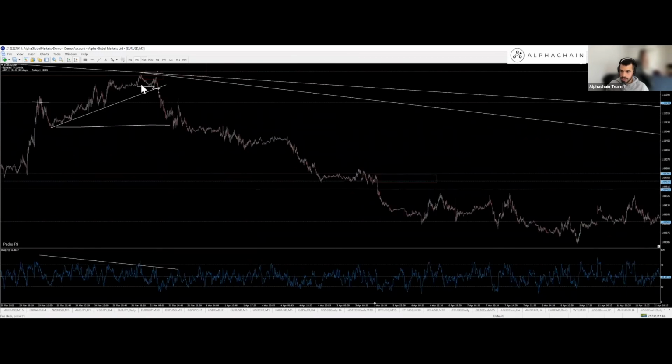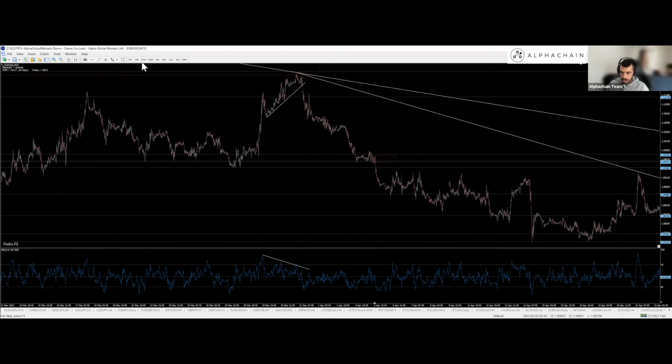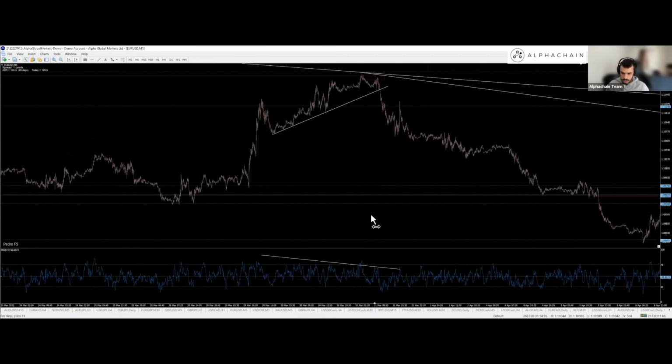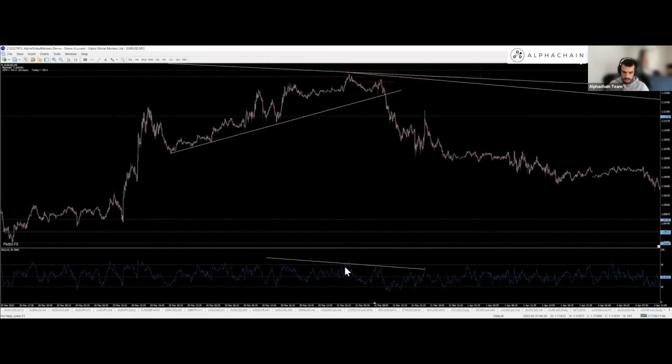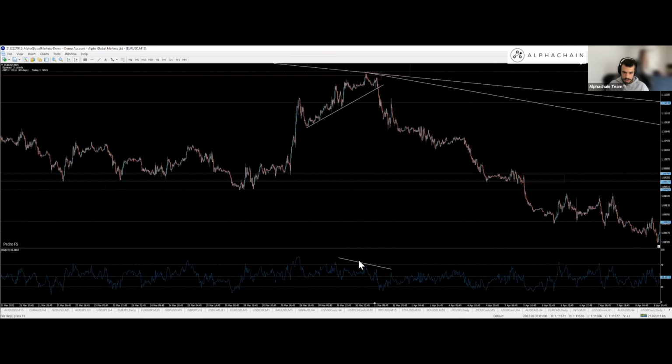This is the 5 minutes, that's why it's so choppy. This is another recommendation. So, for example, I know that Seb likes to go to 1 hour, 30, 15, and 5 minutes, and even maybe 1 minute. And he's always looking at the indicators. At least that's what he used to do. But you can see how different the RSI on the 5 minutes is from the 15 minutes. And if you go to 1 minute, it's